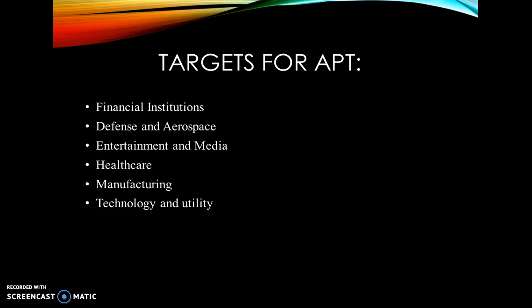Industries deemed particularly attractive by attackers include financial institutions, defense and aerospace, entertainment and media, healthcare, manufacturing, technology, and utilities. However, advanced persistent threat actors may target any organization that could yield financial gain, competitive advantage, intelligence, or other illicit